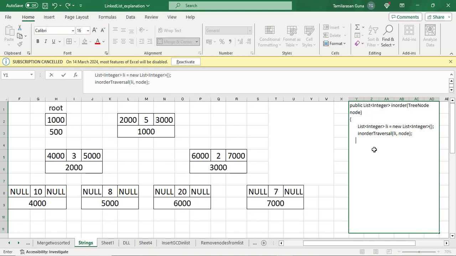And then finally, I have to return the list from this particular function. Done. Now I have to define the method called in-order traversal. So public void in-order traversal. Here I have passed two arguments: the list li, and the next one is TreeNode